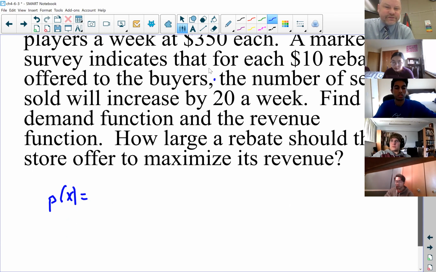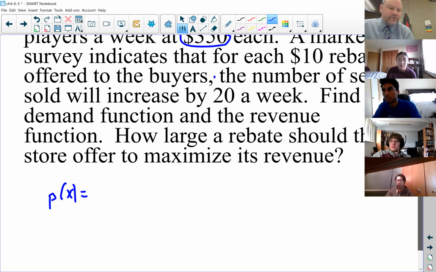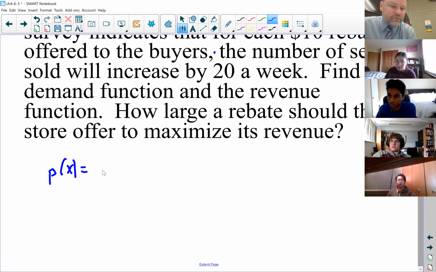In this case, that $350. So I'm going to write it in words, and then I'll put the equation in. So it's the amount charged